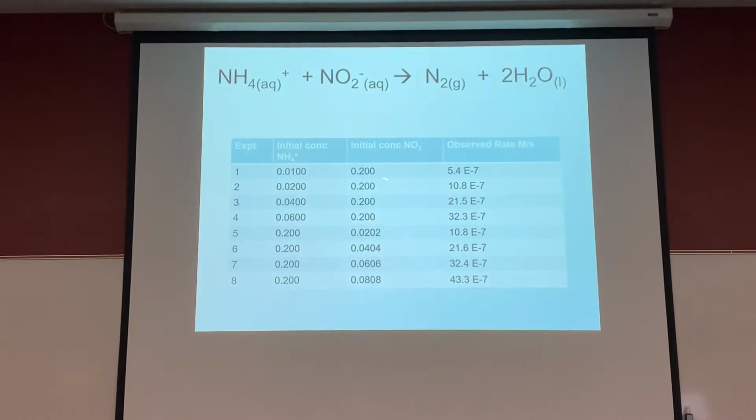If you look through all of these trials, then that tells you the answer for the ammonium. Now you want to look at the NO2. These are all the same. You can go to any one of these down here. So NH4 is held constant. NO2 is doubled here, or you could look at here to here as a triple, or here to here as a quadruple, or you can go double from 6 to 8. Look at 5 and 6. If you double the concentration, what happens to the rate? So the value for N is 1, right? Okay. Easy to see on a problem like this one.